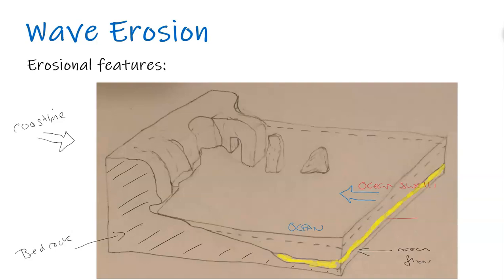Okay, we have how our layer of sediment could be either shallow or deep sediment accumulation or deposition environment. We have our high tide mark, which is this line right here. We have our low tide mark, which is the dashed line right there. And this would give us our intertidal zone or area,